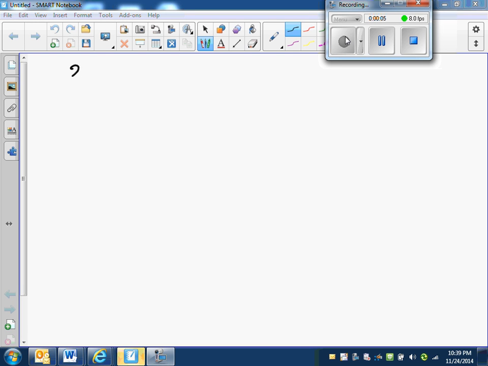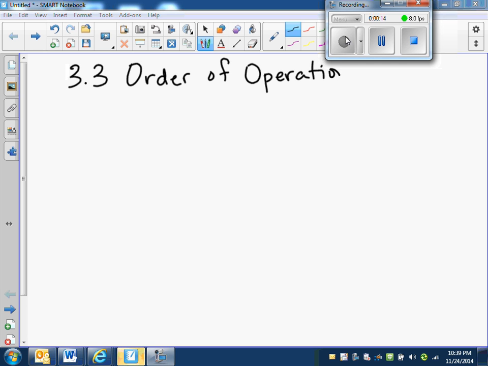Today's lesson is on 3.3, order of operations. It's on pages 108 to 113. And in class, we will cover this on November 26th. If you remember from past years, using